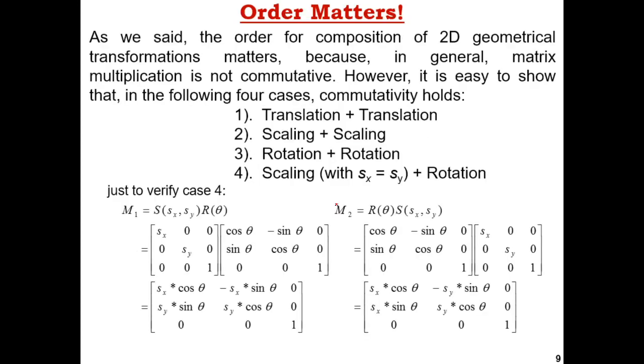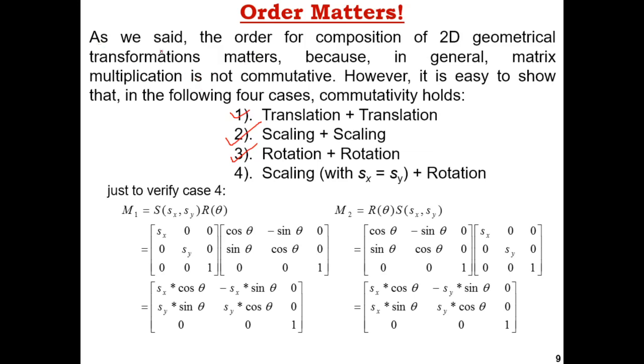Here we can see that we have already seen that translation and scaling are okay, but for the other 3 combinations, whether they will be okay or not, you can see. Here some description is given which proves that the other combinations are not possible as a commutative property, not possible as a commutative law.